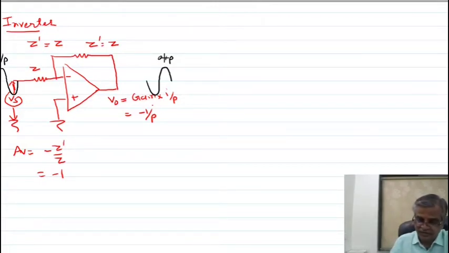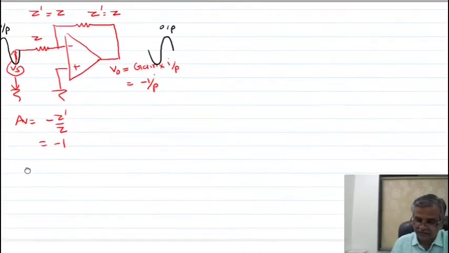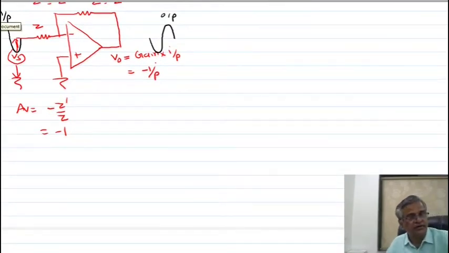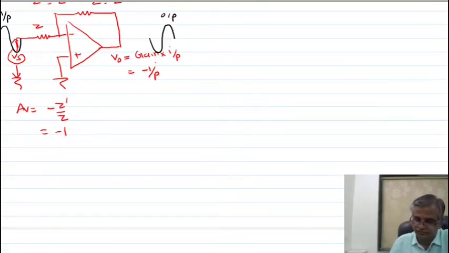So if you want to prepare an inverter, then take feedback impedance Zs equal to input impedance Z. You will get the circuit known as an inverter, having a 180 degree phase shift between input and output with the same magnitude. The second circuit you can prepare is the para-phase amplifier.